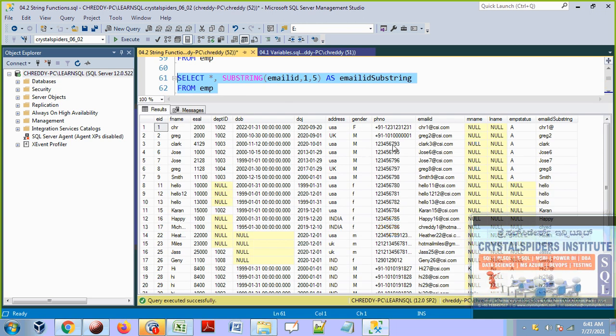See this, guys. So this is the email ID substring. How is this column coming up, guys? In the select clause we have written a substring as a separate column, and we mentioned that column name as email substring. So this represents the alias name for this column expression. All of these column expressions and column names will be addressed in detail.